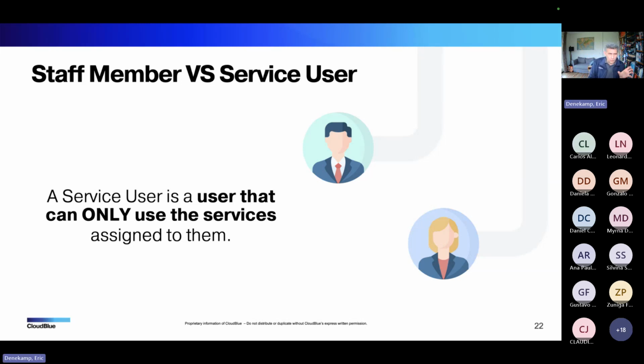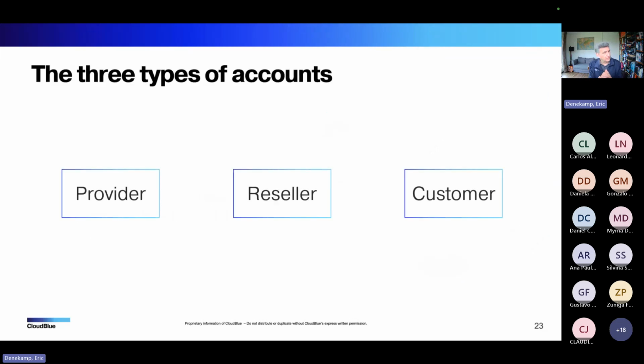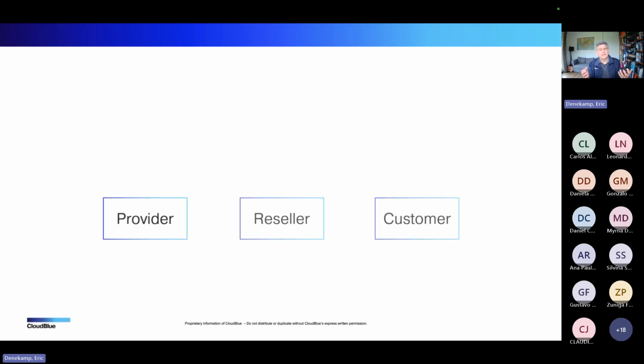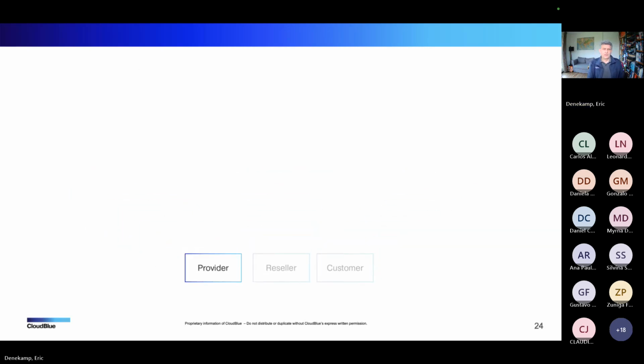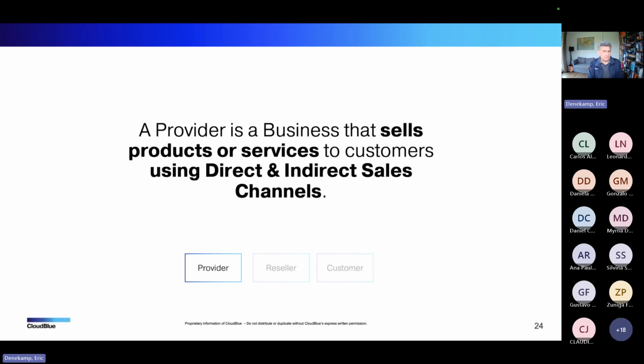So those are, let's say, the options that we have in the platform. And then we also have, of course, the account types. We've got provider, we've got reseller, we've got customer. Who's the provider? It's the platform owner. The provider is a business that sells products or services to customers using direct and indirect sales channels, and they